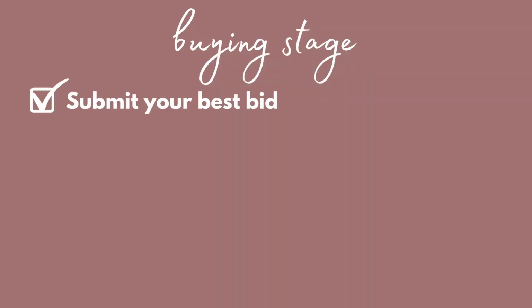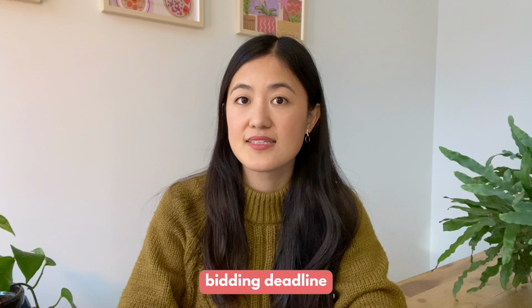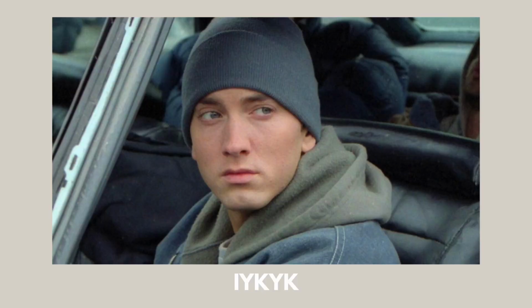If you like a home, then step 1 is to submit a bid for the home. In our case, we submitted bids for 2 places. A bidding deadline usually happens when a property is high in demand and has a lot of interested potential buyers. In some cases, there might be some room for negotiation, but when there is a bidding deadline, there is no room for negotiation. You really only have one shot, one opportunity, M&M style, to submit your best and final bid,